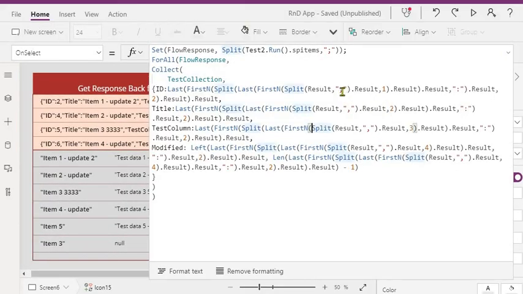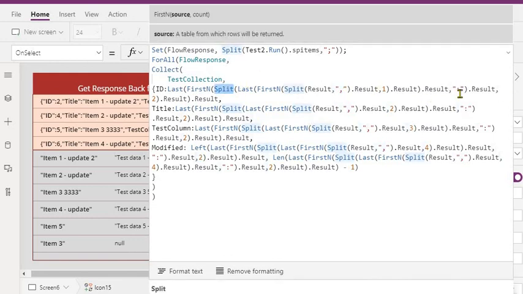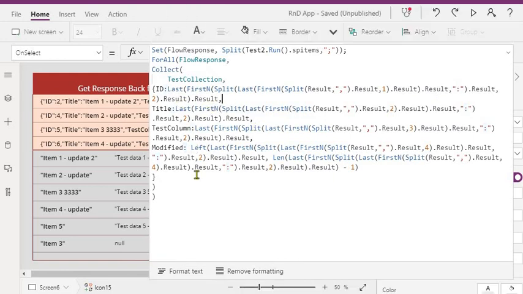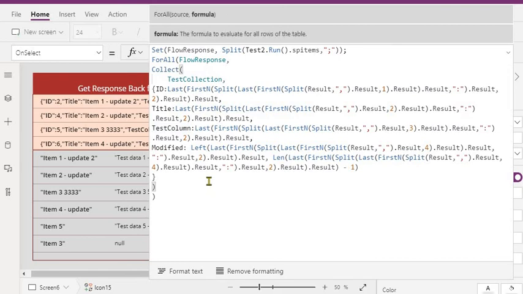If you see, first we are splitting with comma, and then we are splitting with a colon to get the column value. As you know what data you need, we have defined the columns already here. So you already know which column or which data you are expecting from the flow, from your SQL DB or SharePoint list.